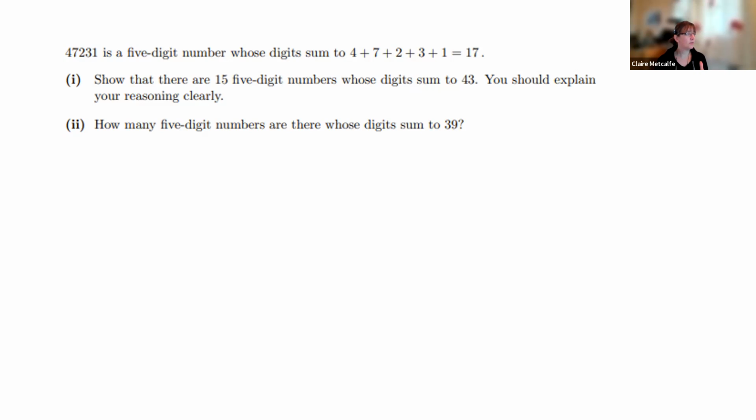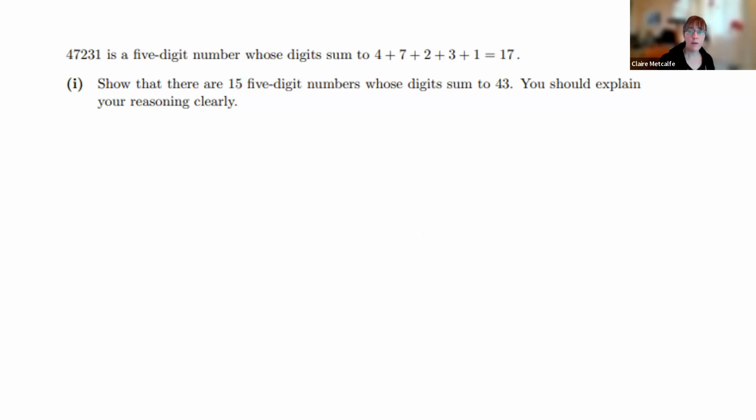So 47231 is a 5-digit number whose digit sum is 17. That tells you what a digit sum is. Okay, so we'll start by looking at part I. Part I is talking about a 5-digit number whose digits sum to 43. So if you think about these digit sums, then the largest digit sum we can get with a 5-digit number